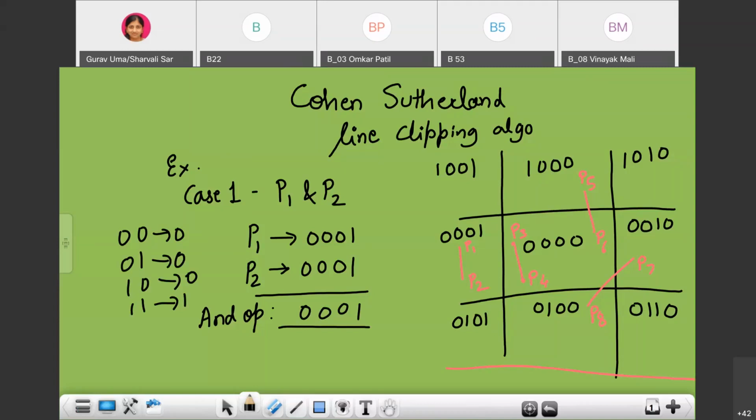So if the result is non-zero, it indicates P1 and P2 are completely outside the window. Now see, the final output is 0001, which is non-zero, meaning it is not completely zero.